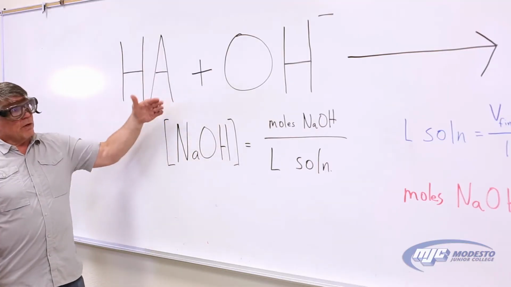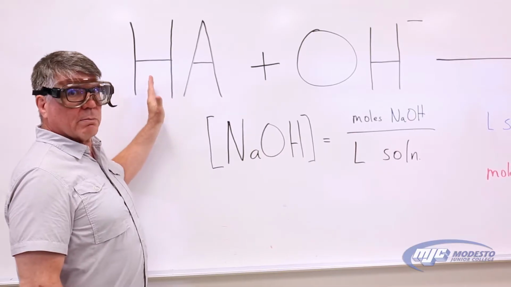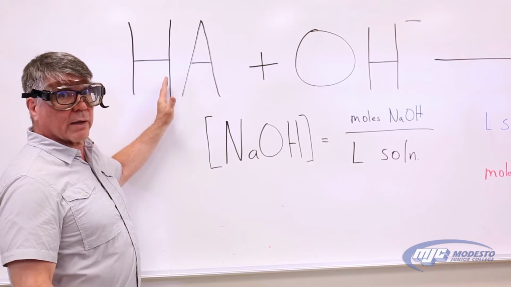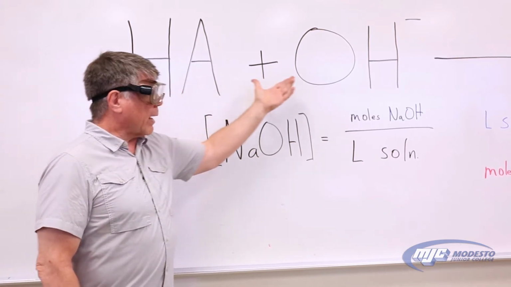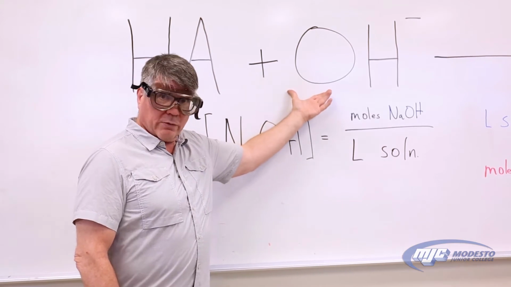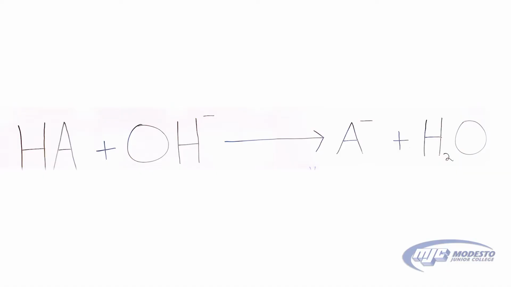So we use this general symbol HA. A is for acid, right? This symbolizes any monoprotic acid. So the basic reaction is some acid reacting with hydroxide. And what hydroxide does is it pulls this proton off of the acid, leaving behind the conjugate base, the A-,